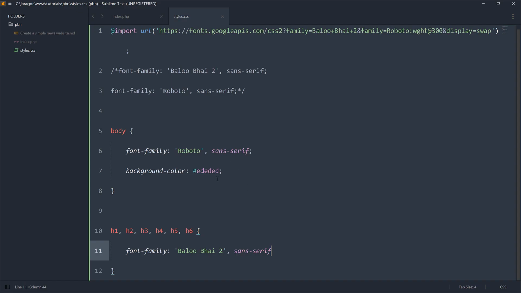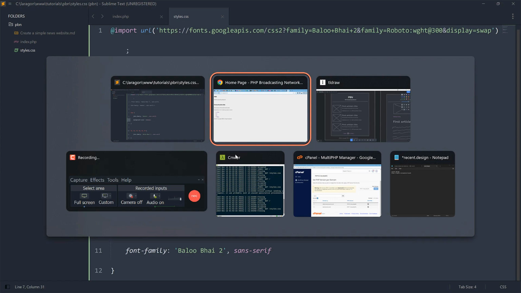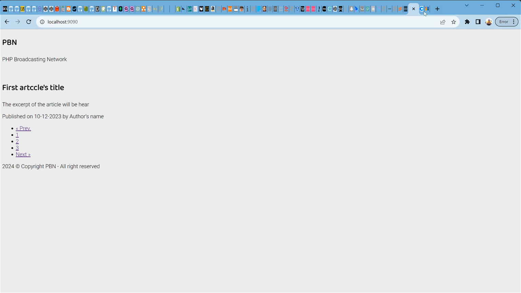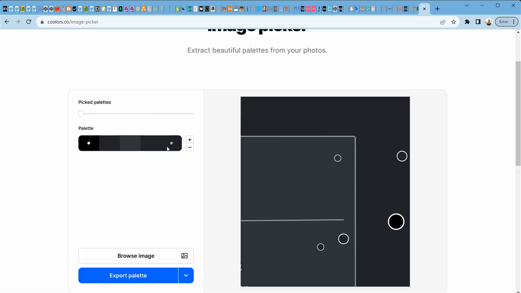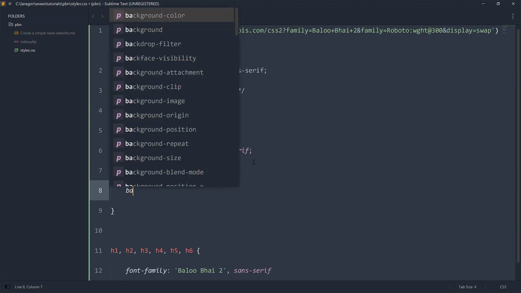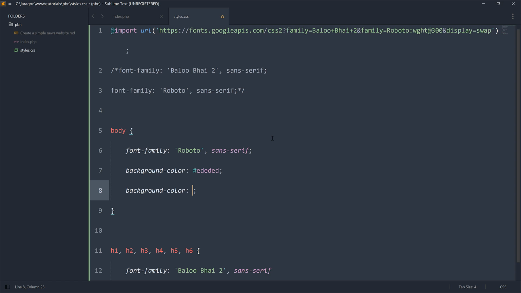All right, so the next thing is to bring our colors. So we need the colors for the body. For the body, it has the darker black. So let me pick it. So we have our color palette. So I actually lost it and I have to redo it again. So this color is the actual background. So we can pick it here. So that's 00, that is actual black. So we can go ahead, background color hash